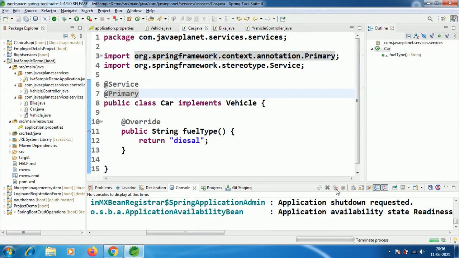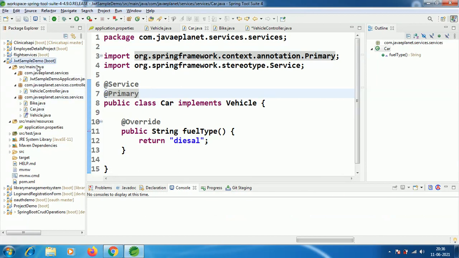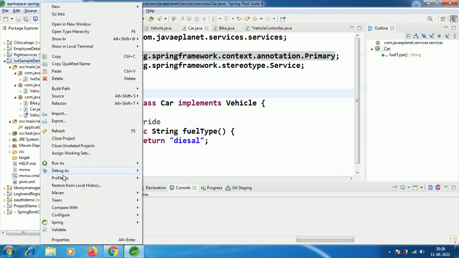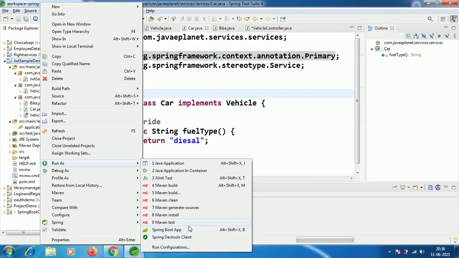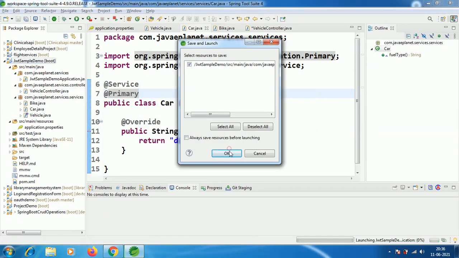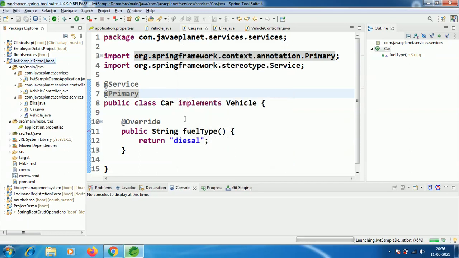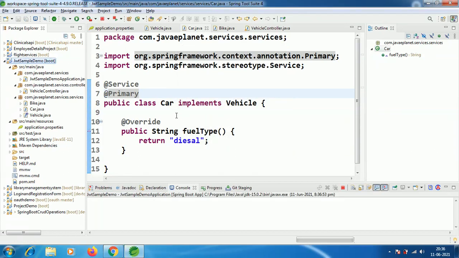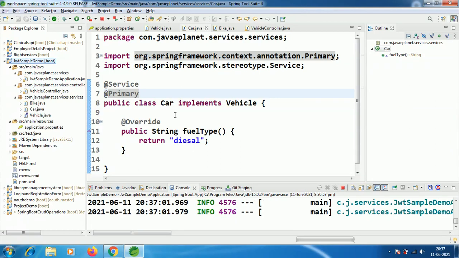Shut down this and run it again, Run as Spring Boot. I have annotated the Car class with @Primary. If we annotate any class with @Primary, that class will have the highest priority.